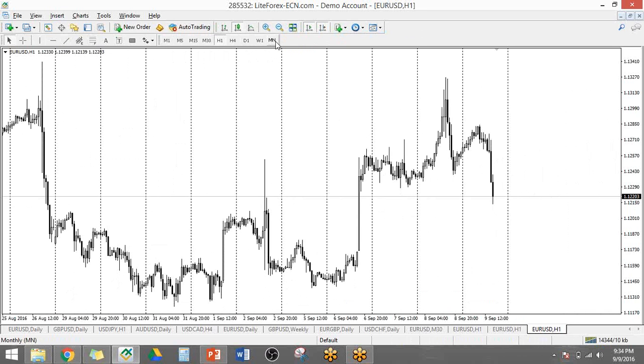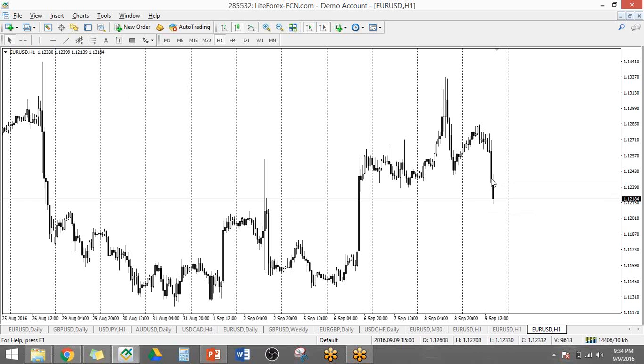So let's go with the hourly chart for now so that it's fairly easy. Right now, you have here your current price. It's this current candle over here. So it's around 9 o'clock right now. So this is your 9 o'clock to 10 o'clock candle. Basically, this current candle is measuring the price movement for this hour.